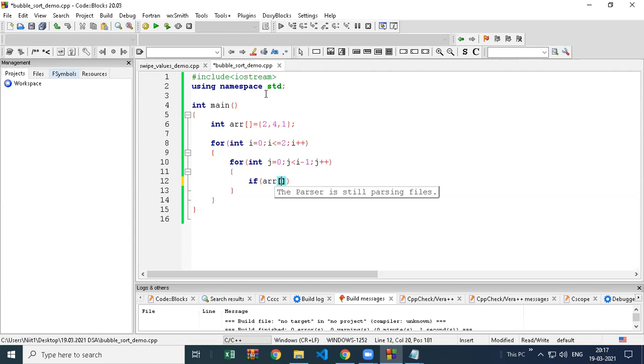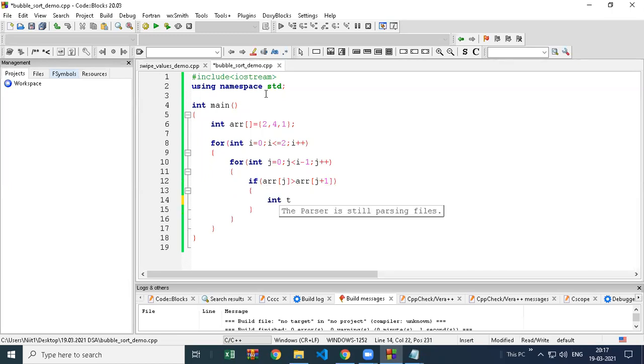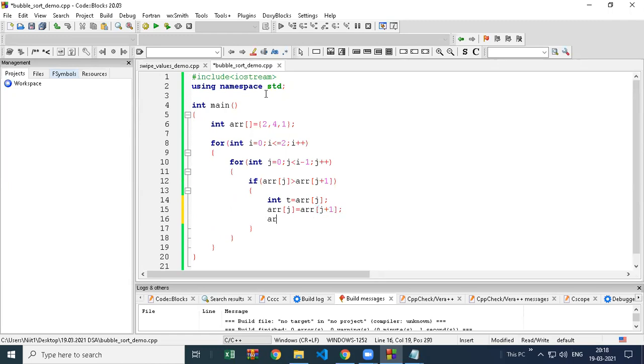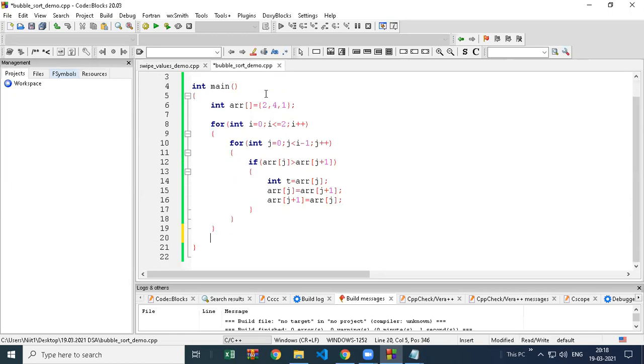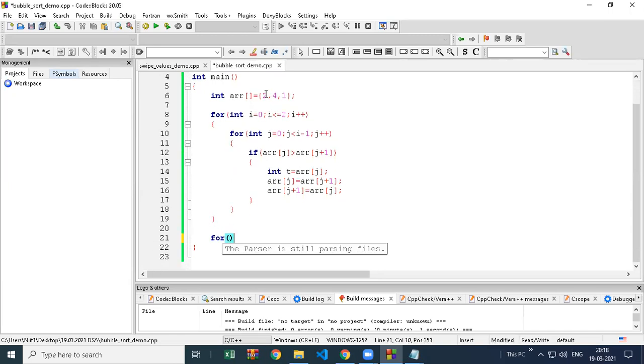If arr of j is greater than arr of j plus 1, so int t is equal to arr of j. Same swapping technique I am using. See, arr of j is equal to arr of j plus 1 and arr of j plus 1 is equal to t. And now the code is done.